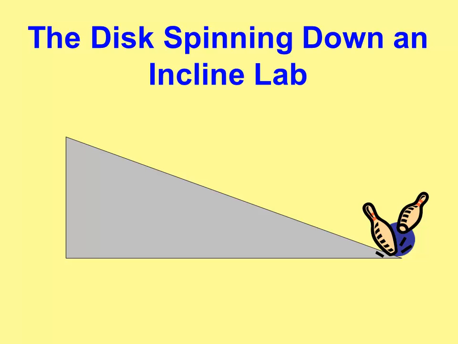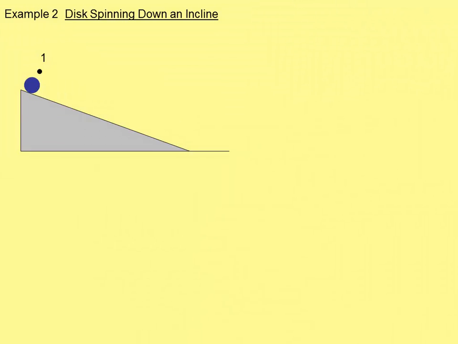This was a lab where we investigated uniformly accelerated motion. So let's consider that disk spinning down the incline. It started from rest at the top, and then it got faster and faster. Notice that like a motion map, these dots are getting further and further apart. The little dot's not moving, then it's moving faster and faster. So I want to look at these 4 different positions of this disk from an energy